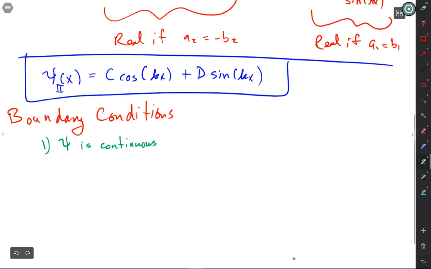That means you can't have the wave function going like this. That doesn't work because that would have a discontinuity. So there's condition number 1. Condition number 2,